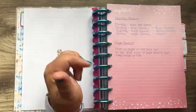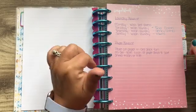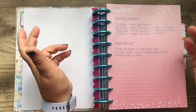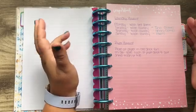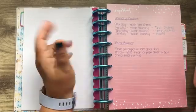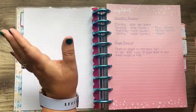On Tuesday, I do all of my laundry. On Thursday, I do Henry's laundry. And then on Sunday, I wash our towels. And I usually prefer to do those on Sunday, mainly because on the weekends, we're either going to the pool or going to the beach. And so then we have wet, sandy beach towels, and it's just better to get them all washed